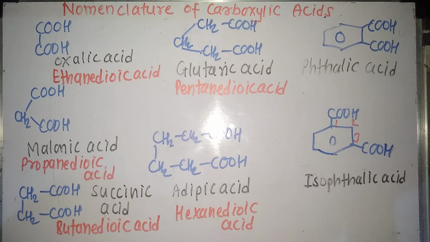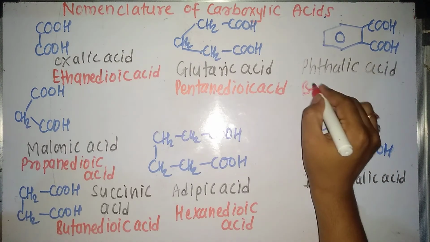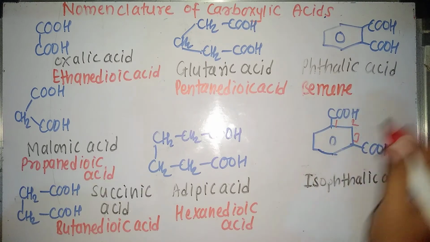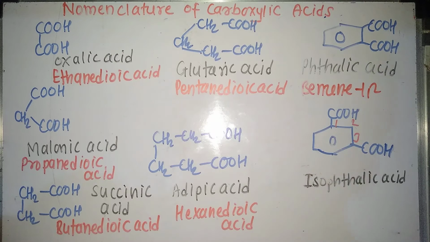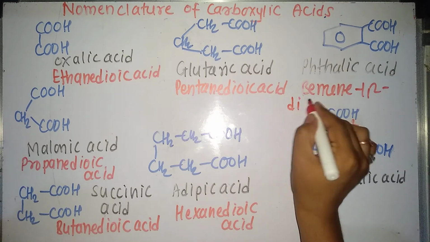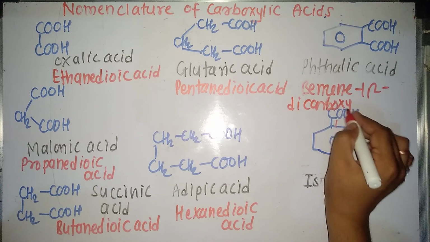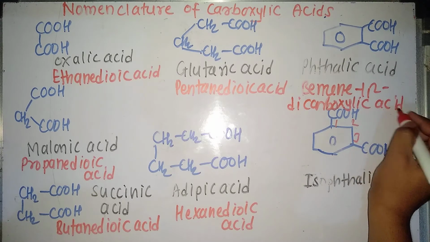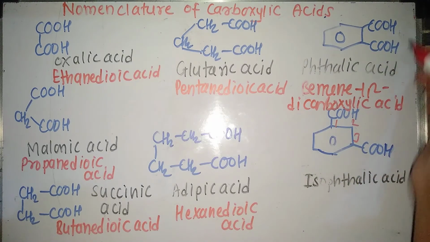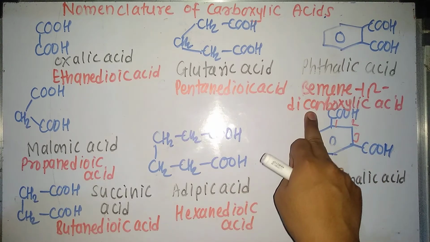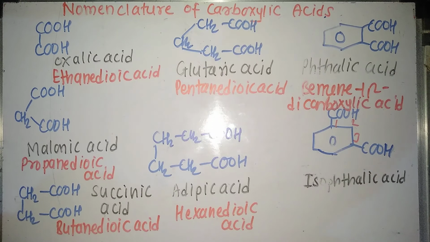Similarly, in the next case, we have two carboxylic groups at the 1,2 position of the benzene ring. At that time, you have to remember we are going to write the word benzene, no doubt. Don't replace E. At the 1 and 2 positions, two carboxylic groups are present. So call it benzene-1,2-dicarboxylic acid. Here you have to remember we are not going to write dioic acid because the carbon of the carboxylic group is not a part of the ring. It is not counted in the ring, so we will call it specially carboxylic.